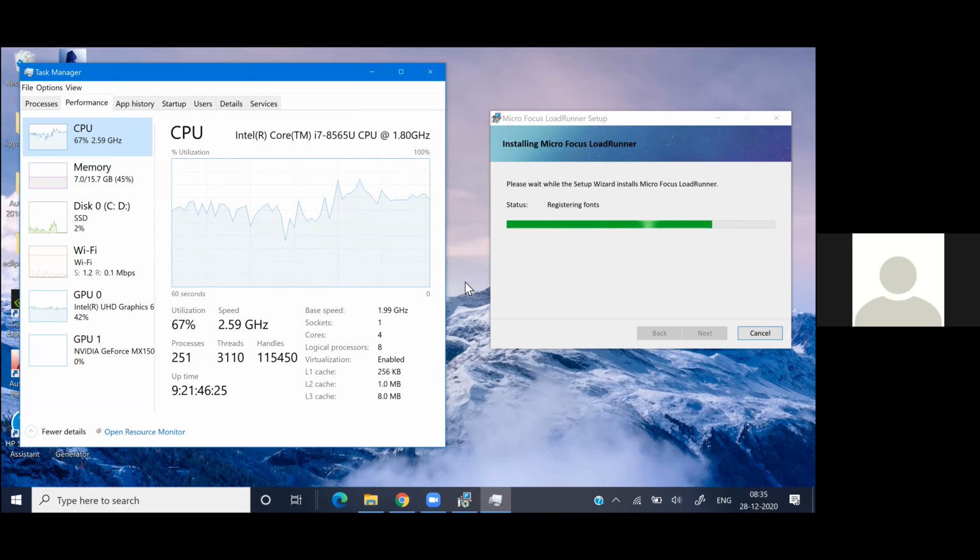So if you see here, in the processor CPU, you see up to so and so speed, right? So that's what this is. This is the speed in turbo mode of your processor, the turbo mode speed, right? And you have a 4-core processor, and 8 logical processors. The actual base speed is 1.99 gigahertz, but this is turbo mode. Whatever it is showing here, that is the max speed of your processor.